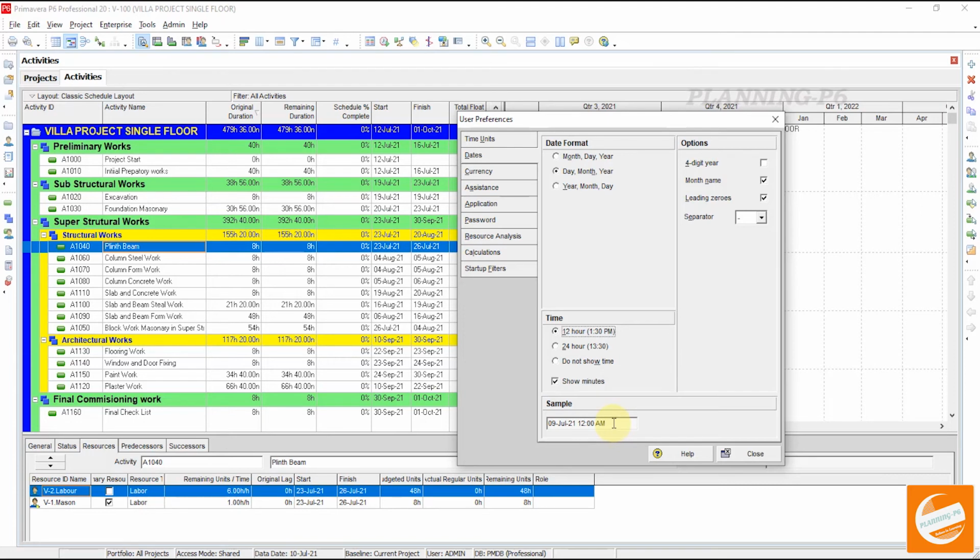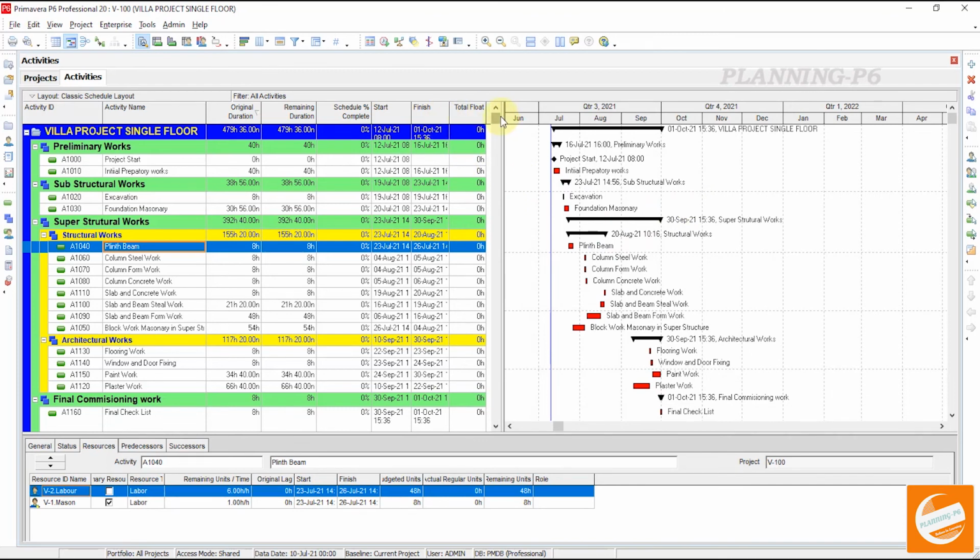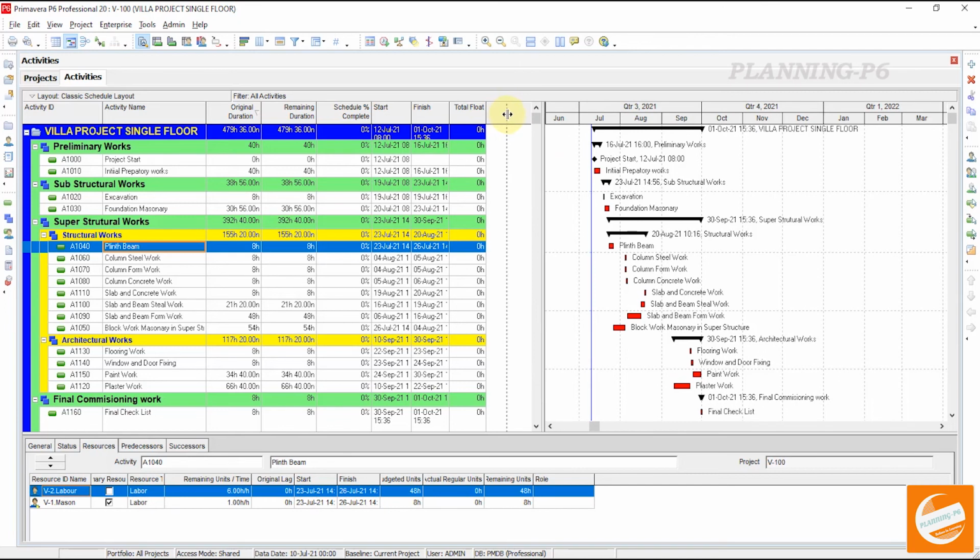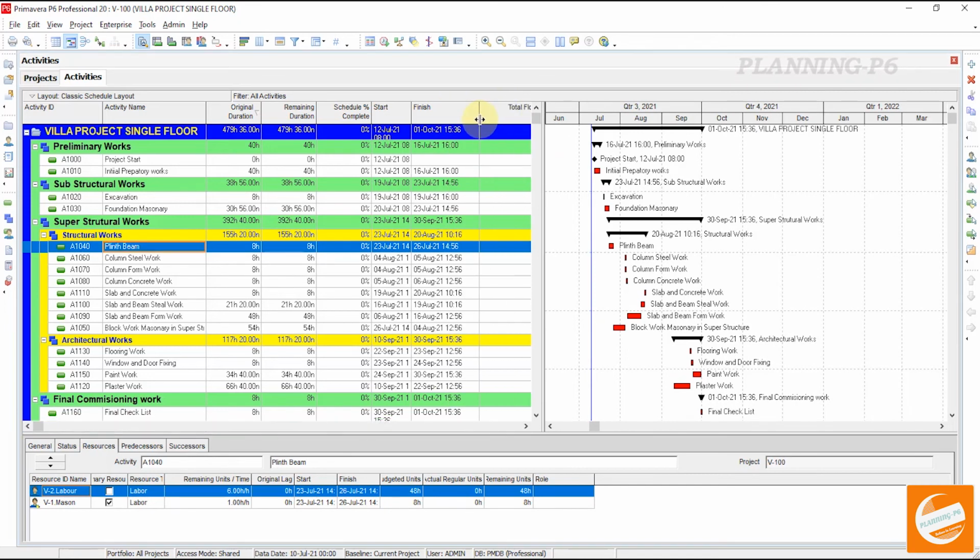This is especially for when the activity is started. You have to assign. With this method you can change your time and you can format your time units and date units.